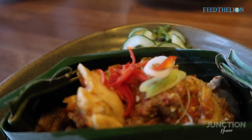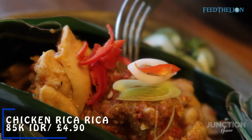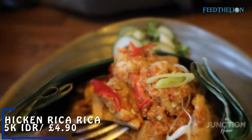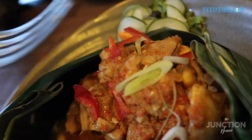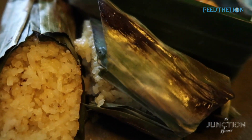So here we have Chicken Rica Rica, which is sauteed chicken in a mandolese sauce, served with rice that's been grilled in banana leaves. So I'm going to try the chicken by itself. That is so flavorful. I had to go in with just a bit of the sauce so I could really